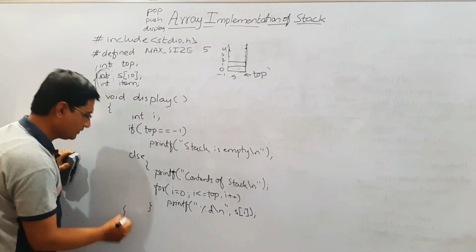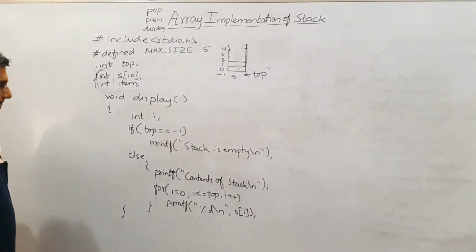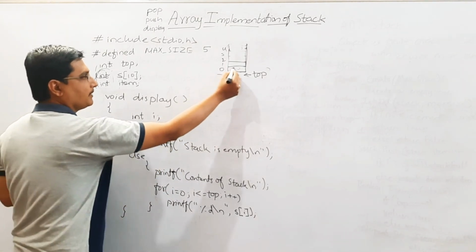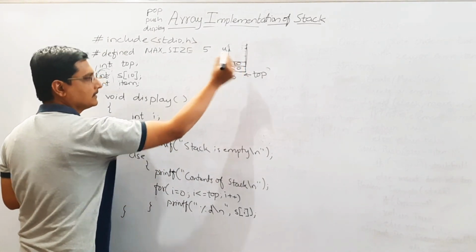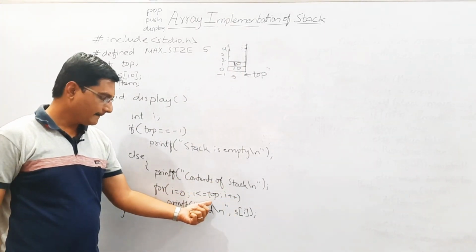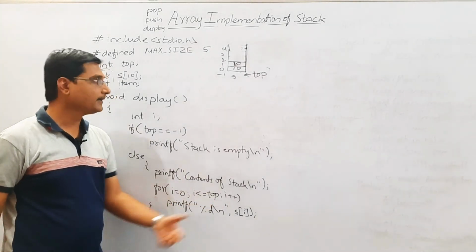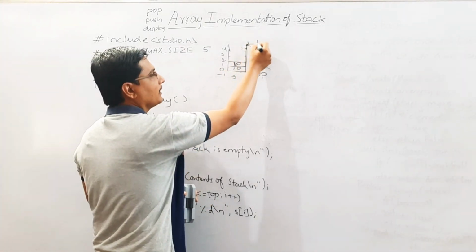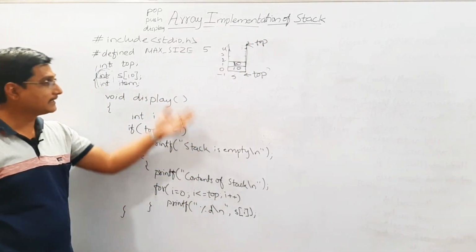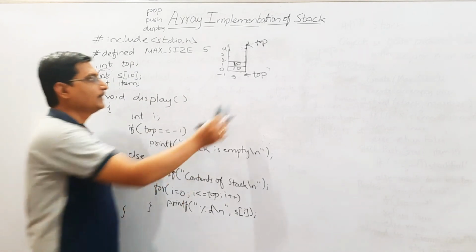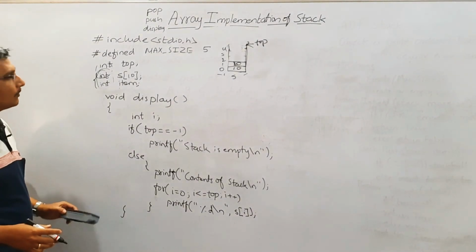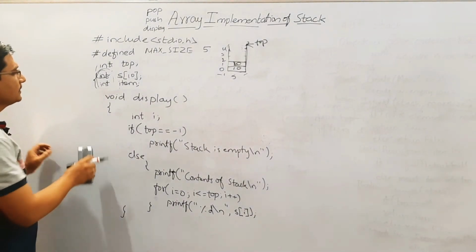So this is display. This is display function. That's all. That is, s of 0 will be printed if there are some elements, s of 1, s of 2, s of 3, s of 4. If it crosses the top, then it will not go for incrementing i. The last element to be printed, that is displayed, is top element of the stack. This is how we can implement push, pop and display operations.